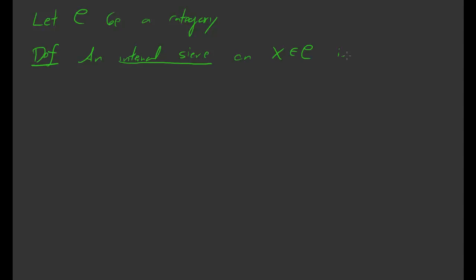Okay, so let's let C be a category. An internal sieve on an object X of C is a collection S of arrows with codomain X. So that means arrows going from something, say omega, into X. Saying that the codomain is X just means that the tip of the arrow is pointing into X. So an internal sieve is a collection of such arrows. It's a collection of arrows with codomain X such that